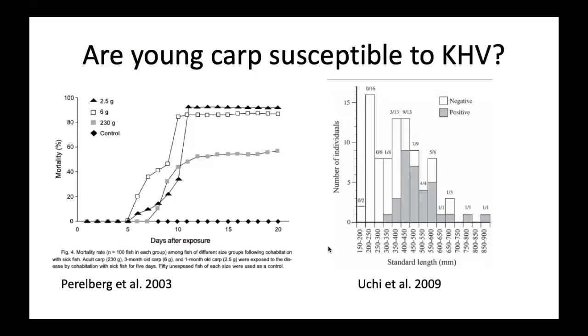There was a study where they were looking at whether nets that had been exposed to KHV could transmit the virus to other fish. They basically got a bunch of infected fish in a net, then took the net out and put it into another tank with naive fish, and there wasn't any transmission. But then Keith Way recently did a study where he did the same thing, but he put the nets in a dark place first, and didn't expose them to light. When he tried that again, he was able to transmit the virus using the net. So if it's dark and cool and damp, then you might be able to keep it alive.